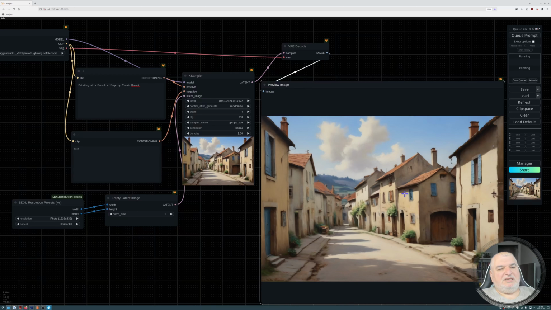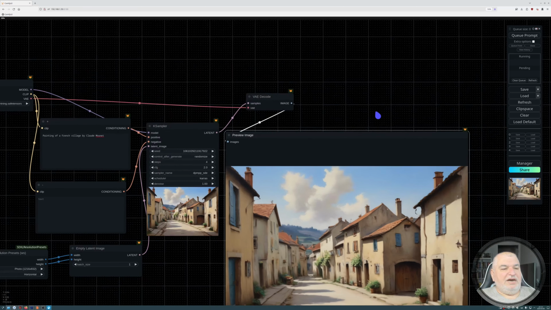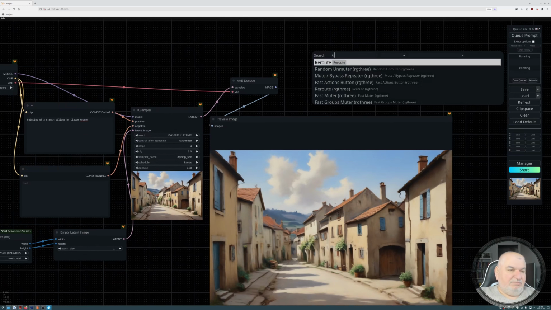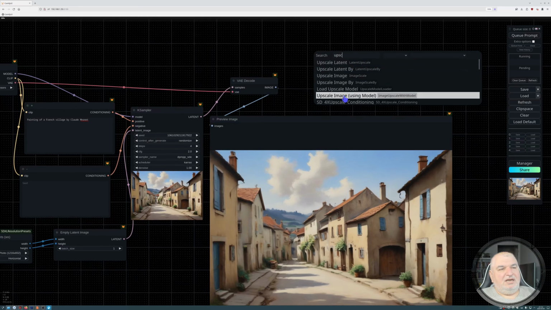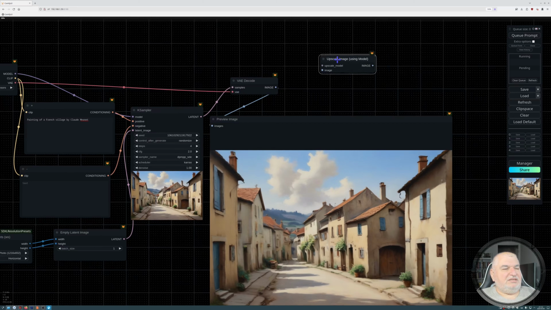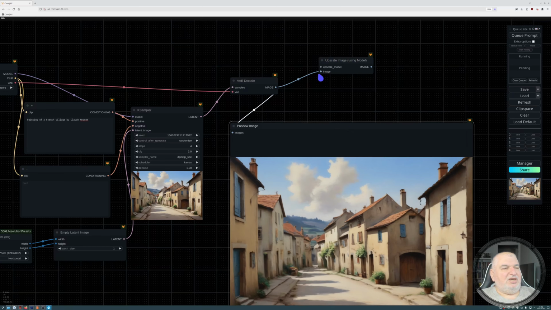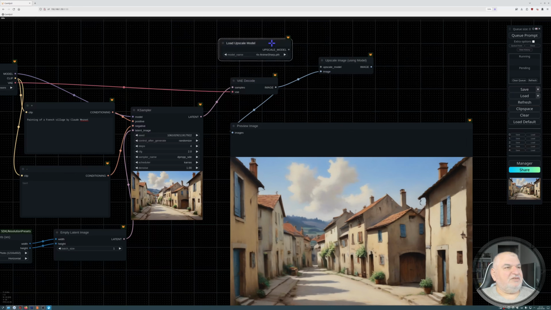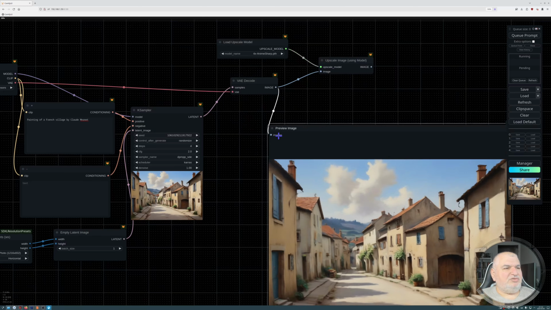For example, let's say I want to enlarge this image. I want to resize, to upscale this image so that I can print it. What I can do here is load an upscale model. Let's add a new model that upscales this image. So I can upscale the image here, and I load upscale model. There are different types of models, and now I upscale the image, and now I can switch the output from here